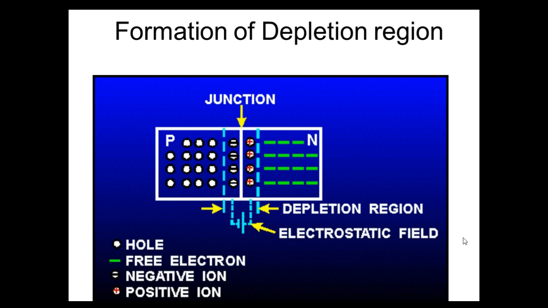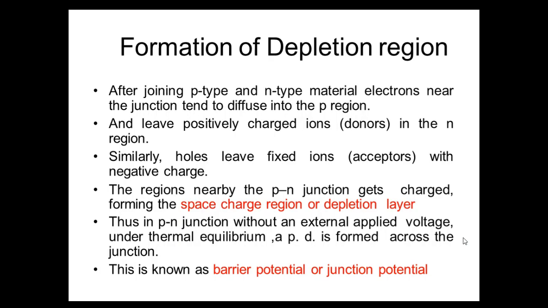There won't be any current, because the charge carriers' motion will be random in nature and it will get cancelled. So definitely there won't be any current. And the depletion region will stop the flow of electrons from n type semiconductor to p type semiconductor. Similarly, holes cannot move from p type to n type due to the presence of the depletion region in normal conditions.